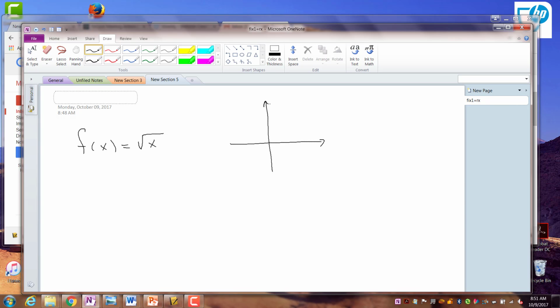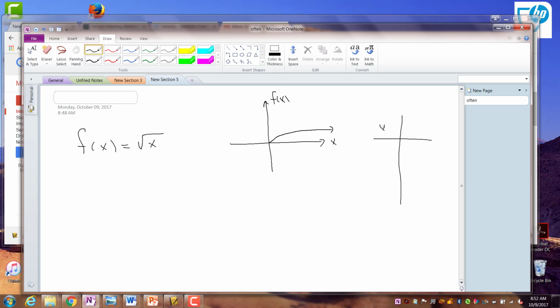So the square root function, I like to call it the check mark. It really just kind of looks like a check mark. It's gonna kind of go like so. There's the graph of the square root function. Why does it look like that? If you were to make a table real quick,